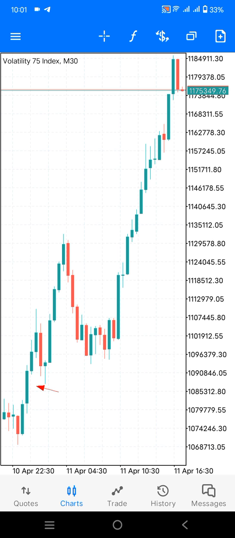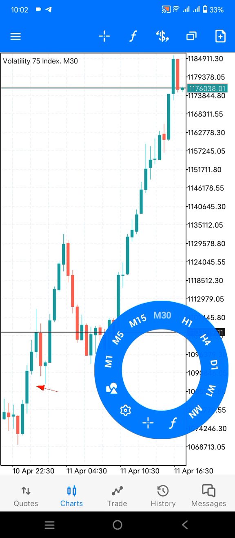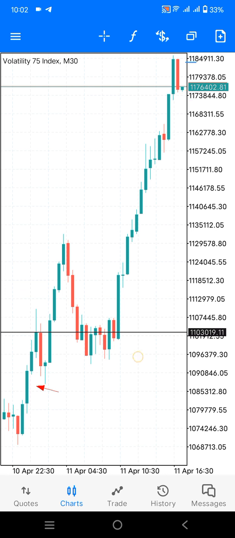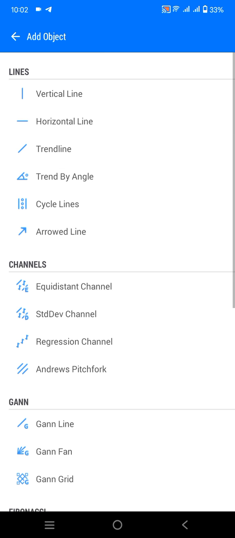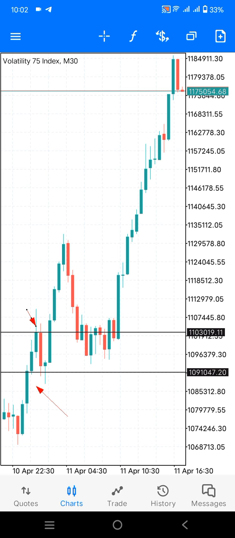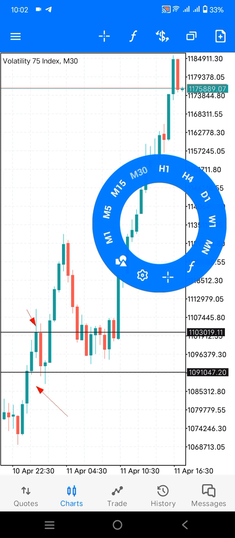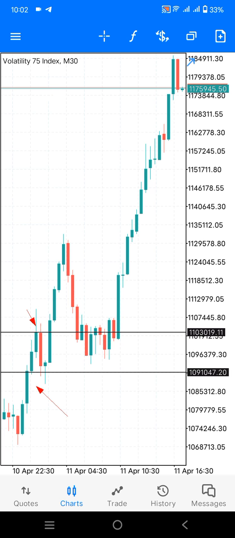So now just go and pick the horizontal lines. This is a very awesome strategy, guys. Pick the horizontal lines and put them at the high area and low area of the two candles of the start of the day. And once the market starts going up and breaks this resistance, you place the buy trade here,